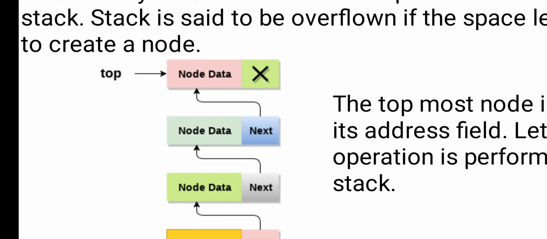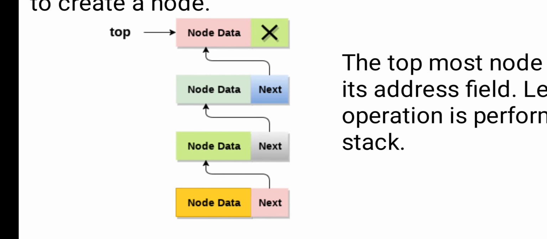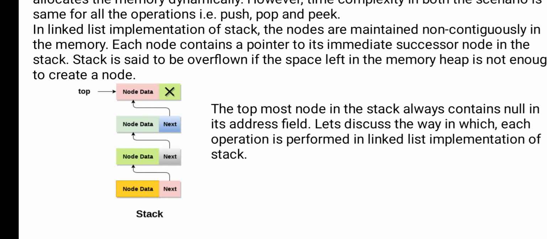Here, one node is connected to the next node, and this next field is connected to the next node, and the next field is connected to the last. This cross always represents null, which means that is the last node. So here we have 4 values in the stack. This is just like the previous stack. This is one node, which contains one value, and the next field contains the address of the next node, like that, and top always represents the top value in the data structure.